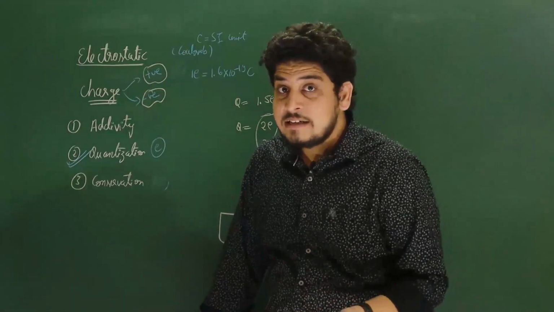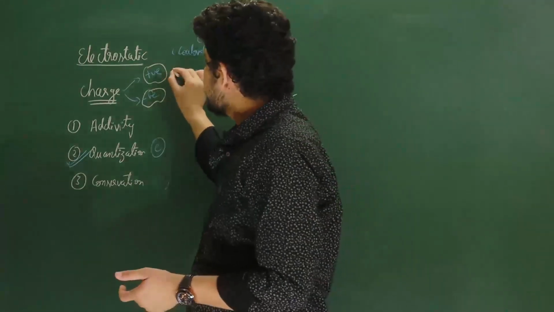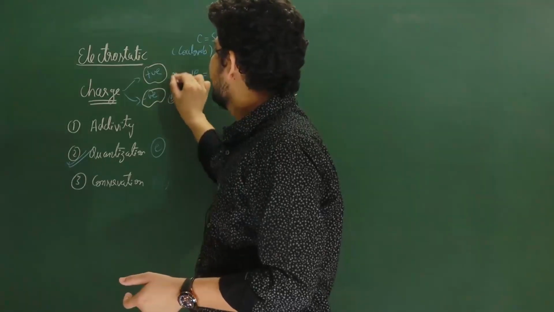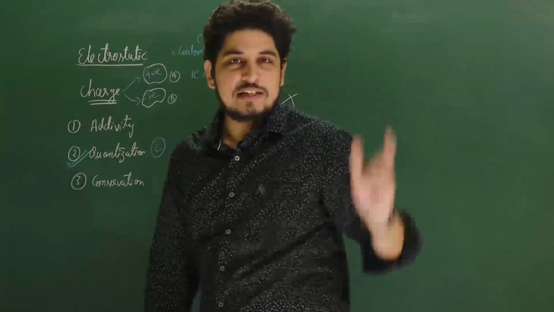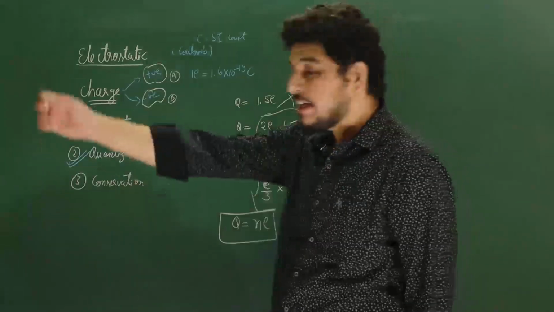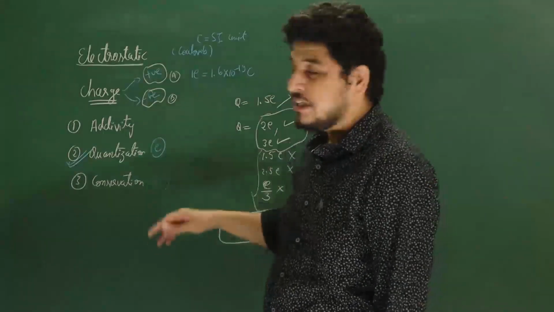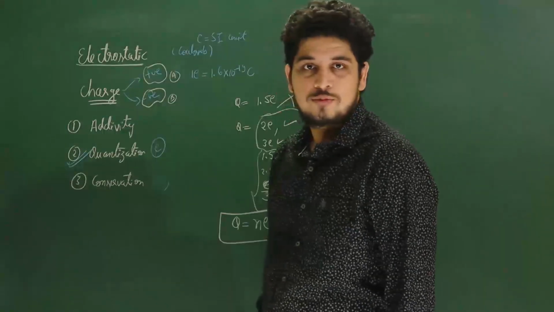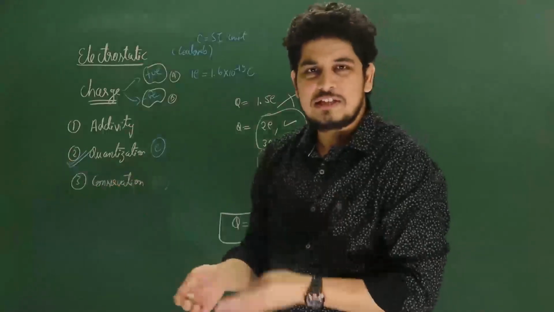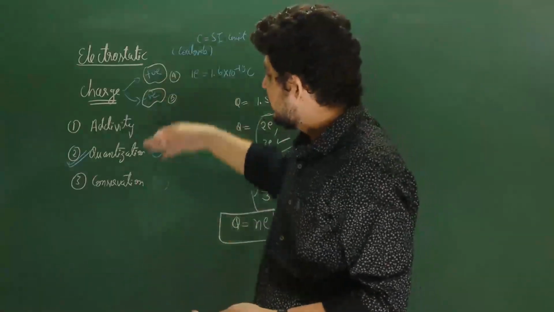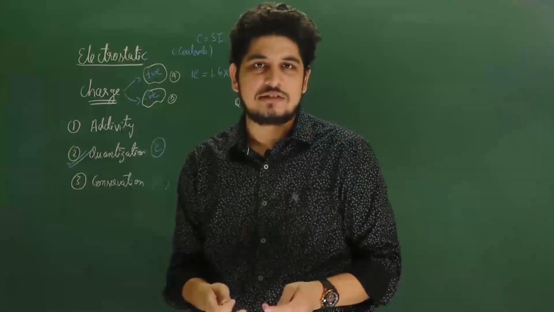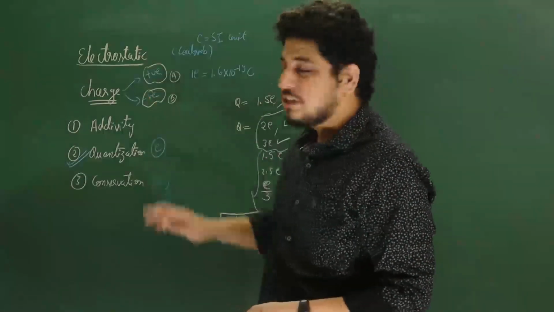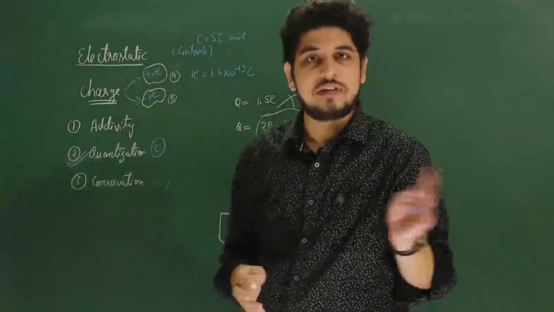Even we might say that one is A and one is B, one is C and one is D. We could say anything, but we named them positive and negative, because we observe some properties: they always attract each other, and many different properties. They are opposite to each other. That is why we used one positive and one negative.